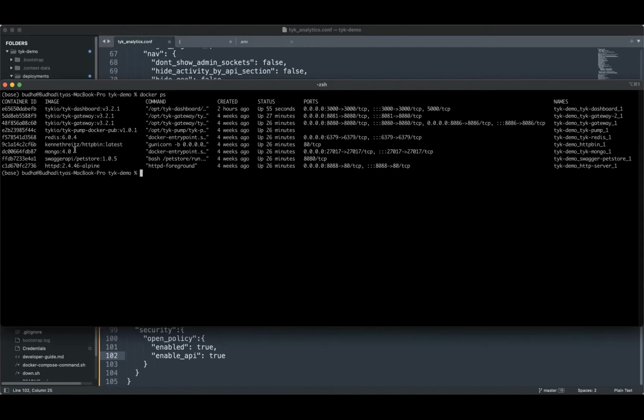What I need to do right now is to just restart my dashboard container. So in order for me to do that, I'm just going to type in Docker restart, and I need the container ID of the one with the Tyk dashboard. I'm just going to set that in. And there you have it. I've now restarted it. So if I now go back to my Tyk installation